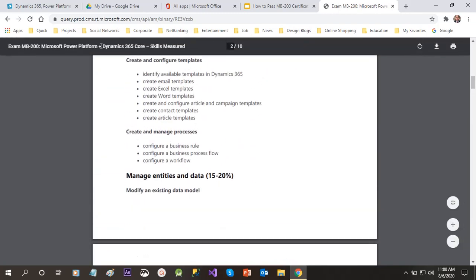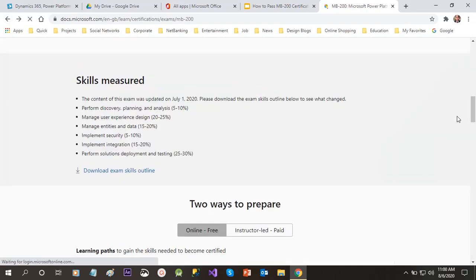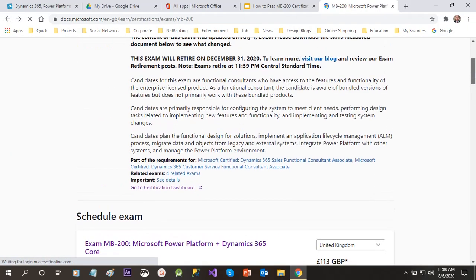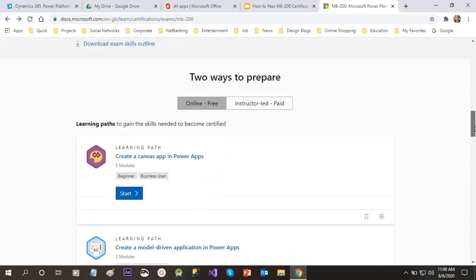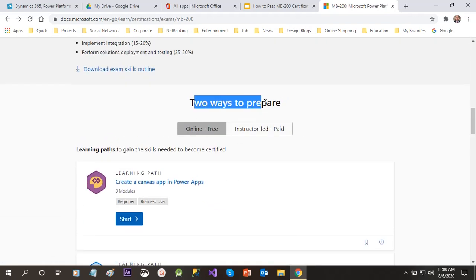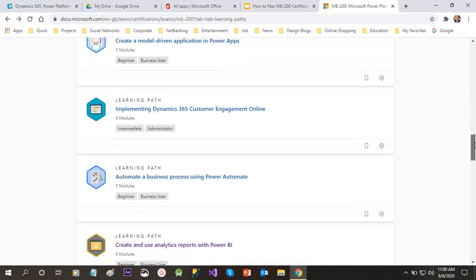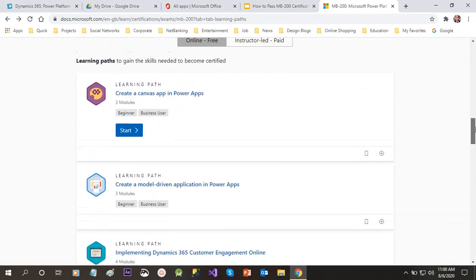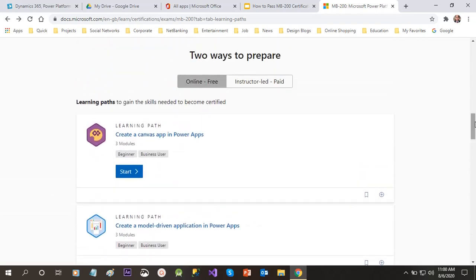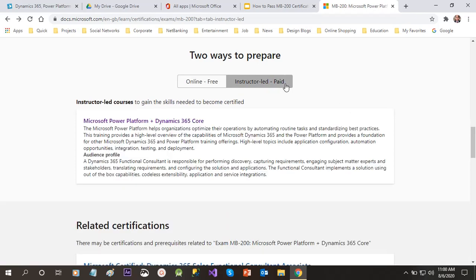Okay, so let's go back, and if you go down, you will find that it says there are two ways to prepare, right? One is the online free version where you can read all the modules that have been decided by Microsoft, so that you should read them to be confident in appearing for the exam. Otherwise there is another, the instructor-led paid version, by which Microsoft has